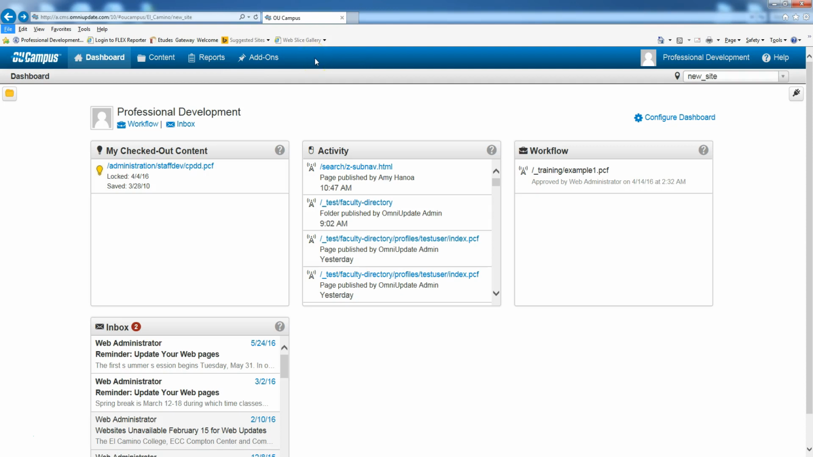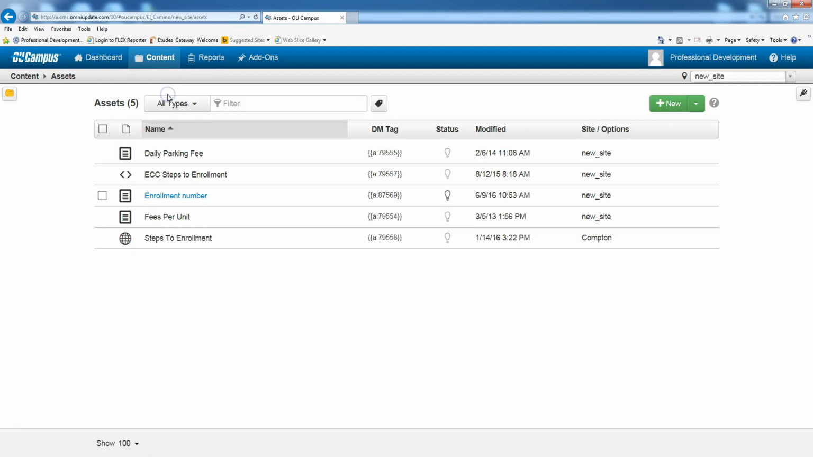The Content tab is made up of 2 parts: Pages, where you're going to be spending the majority of your time in OU Campus, and Assets. The various tasks you'll do in Pages are going to get their own videos, so we'll leave those for later. Assets aren't really going to pertain to you as a general level 7 user, but in case you're curious as